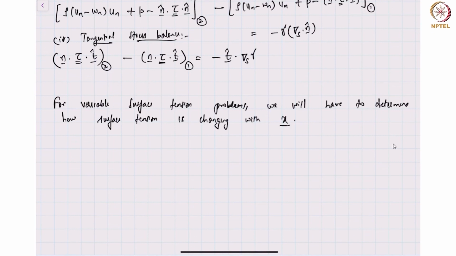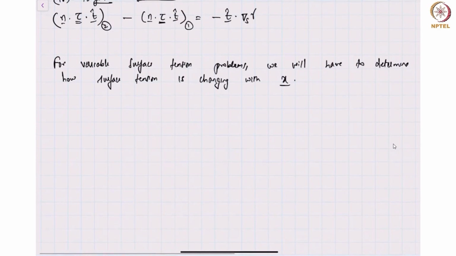With position, I'll call it as x bar. For example, you could have two possibilities. Okay, so for thermal Marangoni flows,